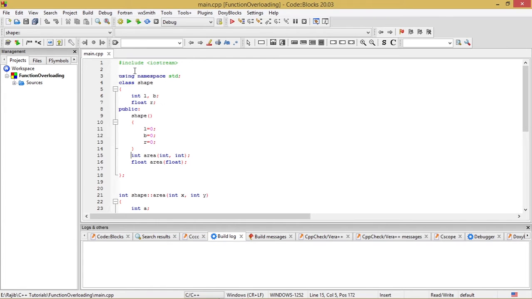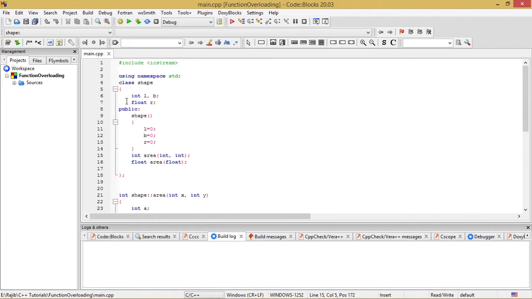So I will explain it to you line by line. #include <iostream>, using namespace std. After that, I have defined a class having the name shape, class shape, which will help us to find the area of a square, the area of a rectangle, and the area of a circle.